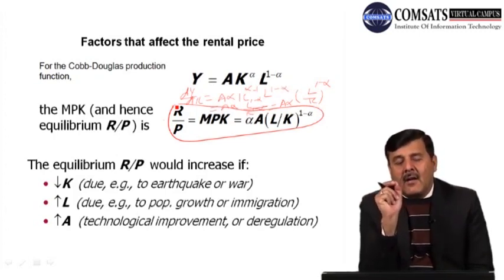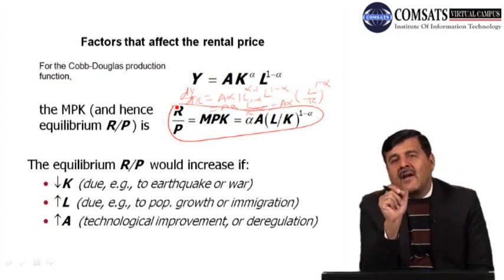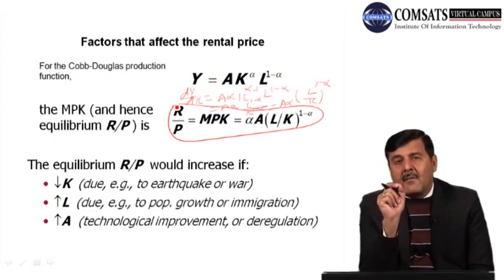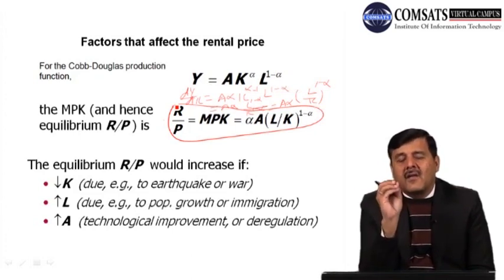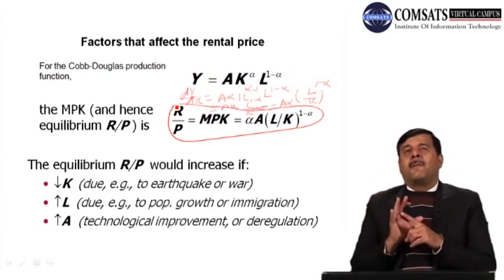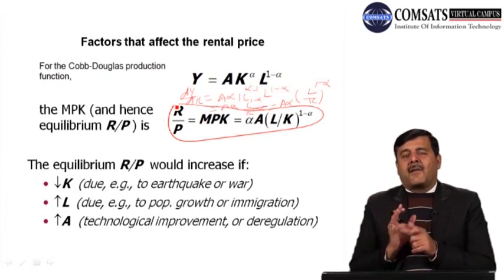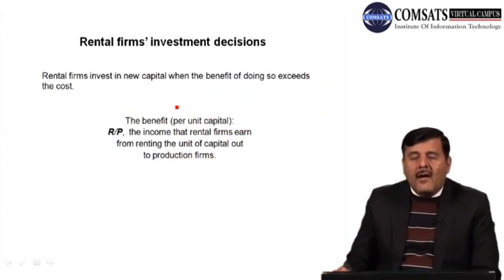वन इज द कैपिटल, अगर कैपिटल में कमी वाक़ई होती है तो ओवरऑल एल ओवर के में इजाफा होता है, जब एल ओवर के बढ़ेगा तो रेंटल प्राइस ऑफ कैपिटल बढ़ जाएगी। राइट, दूसरा फैक्टर कौन सा? अगर लेबर में इजाफा होता है तो रियल रेंटल प्राइस ऑफ कैपिटल भी बढ़ जाएगी। द थर्ड इज टेक्नोलॉजी। टेक्नोलॉजी में अगर किसी वजह से चेंज आती है, तो उससे रियल रेंटल प्राइस ऑफ कैपिटल में भी। तो थ्री फैक्टर्स जिनकी हमने बात की दैट कैन इफेक्ट द रेंटल प्राइस ऑफ कैपिटल। वन इज द कैपिटल, द अदर इज लेबर, द थर्ड इज लेवल ऑफ टेक्नोलॉजी.